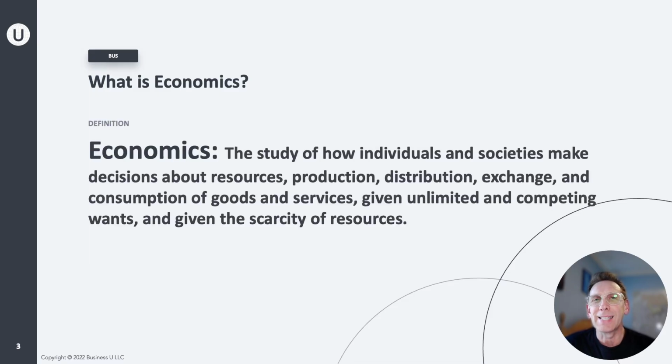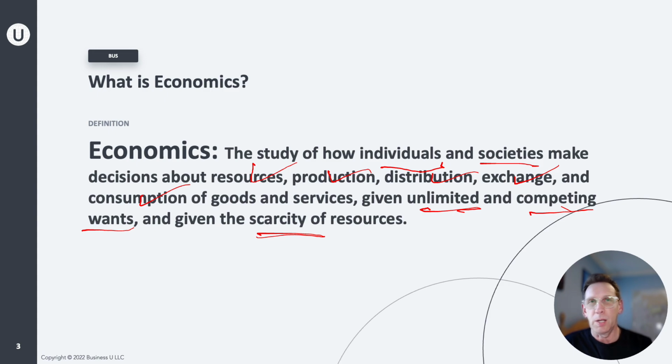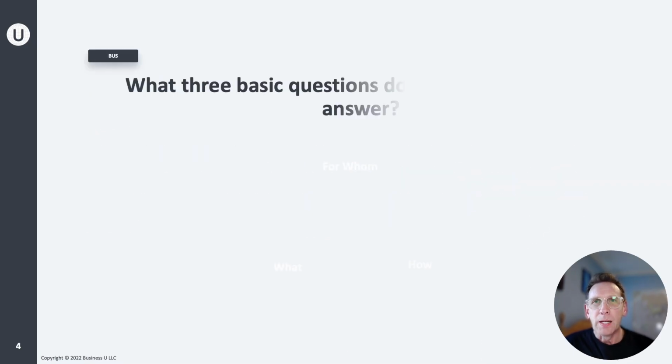Well, economics is the study of how individuals and societies make decisions about resources, production, distribution, exchange, and consumption of goods and services, given unlimited and competing wants and given the scarcity of those resources. Okay, we all have unlimited and competing wants, but there's a scarcity of all of these different types of resources. So economics is the study of how individuals and societies make decisions about those things. Now, in an economy